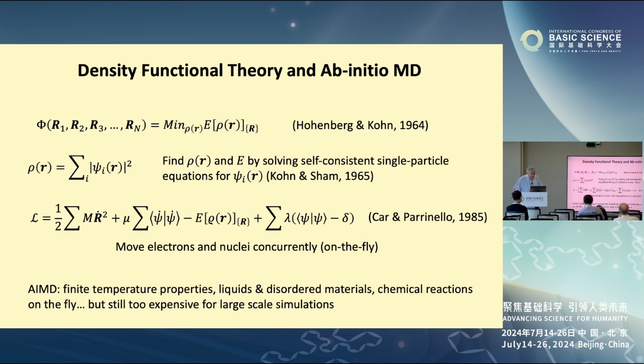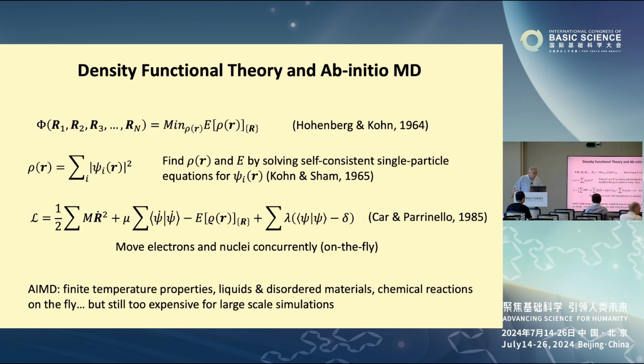And that came in with the approach that Michele Parrinello and I introduced in 1985, in which we introduced a fictitious dynamical system represented here by a Lagrangian, and from this Lagrangian one can derive equations of motion for the electrons and for the single particle orbitals of Kohn-Sham theory, which allows us to move concurrently electrons and nuclei, we say on the fly, during a molecular dynamics